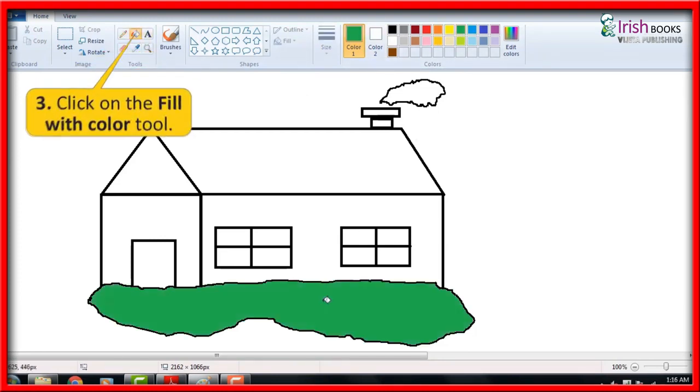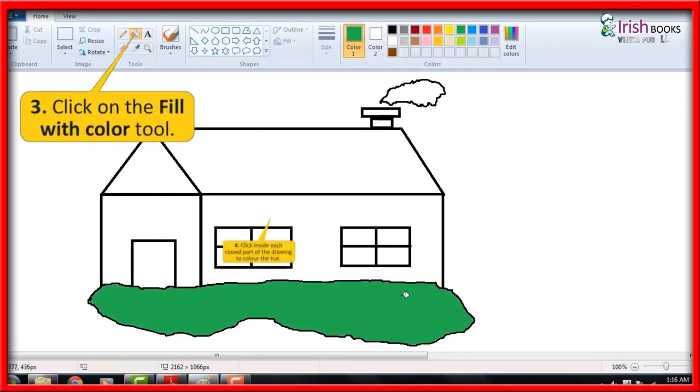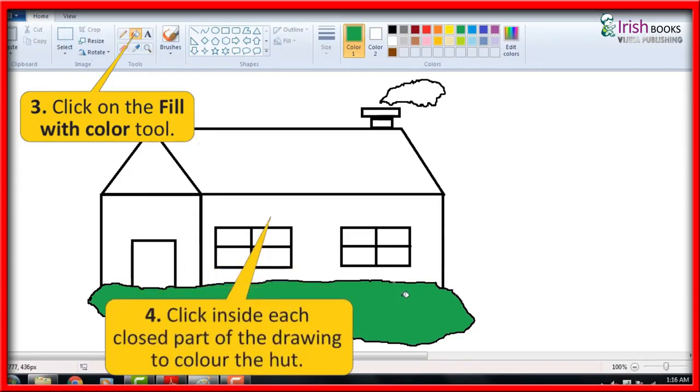Click on the Fill with Color tool. Click inside each closed part of the drawing to color the hut.